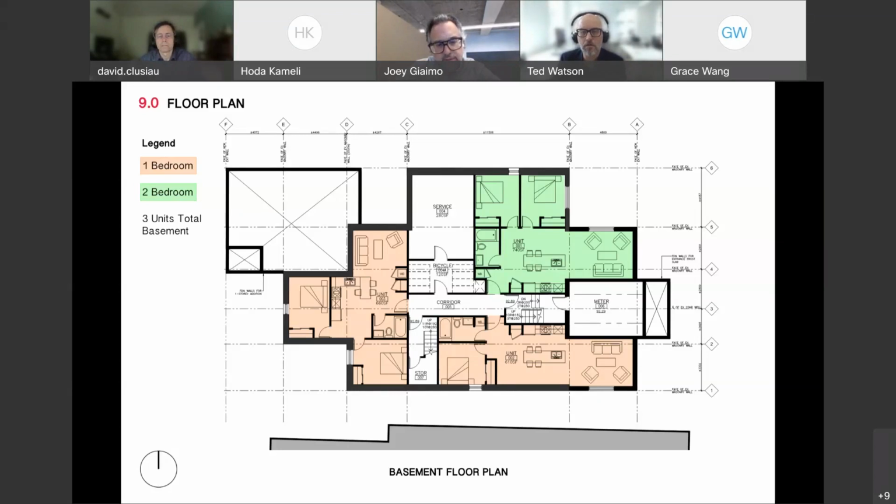I understand that there would be windows blocked, but in the same way that you're providing windows on the front facade, you could also provide windows on the back facade and also on the side facade. So almost taking that density at the front and moving it all the way to the back, extending the corridor and creating units on that side.